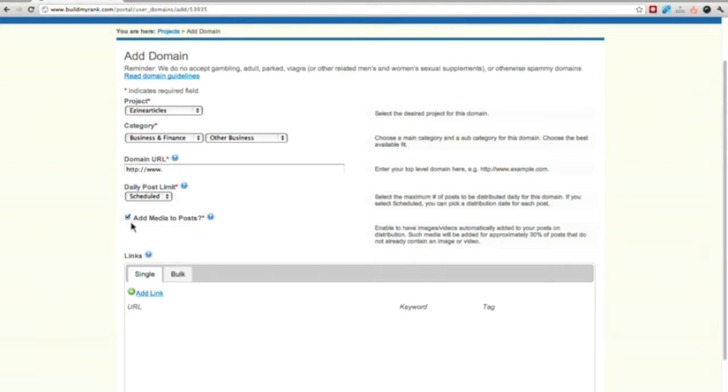I find that it's accurate the vast majority of the time. We just do a keyword analysis of your post and then go out and search for an image or YouTube video that we can insert. Now, if you're an agency and you have clients that have specific guidelines about what they want their brand associated with,